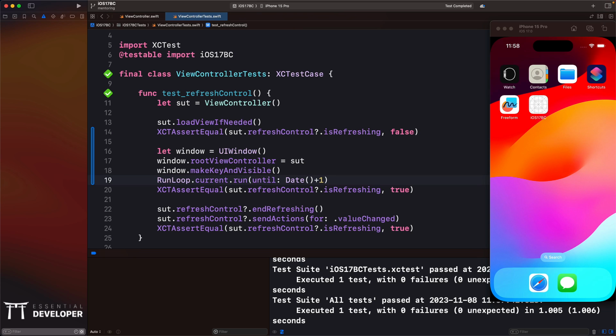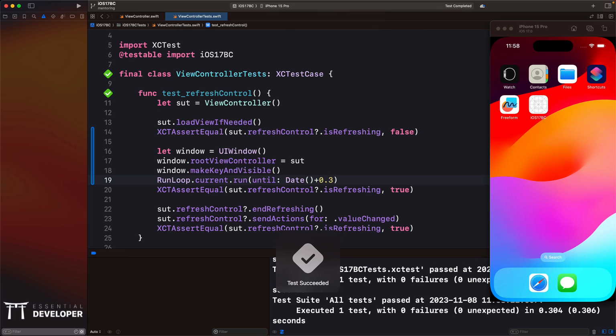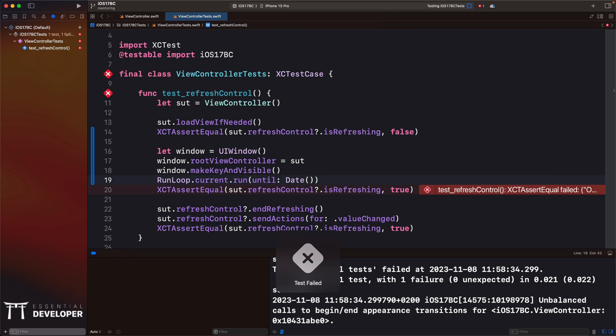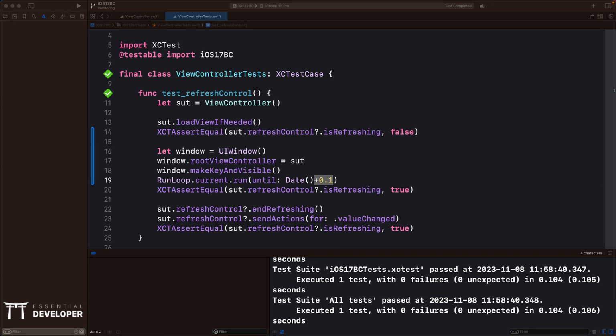Of course, we could try to lower the delay, like 0.3, for example. Is that enough? Yeah, it seems like it. But the problem is that we cannot guarantee that the given delay is always enough. It's dangerous to rely on delays and running things in the future because it may not be enough. So you have flaky tests. Sometimes it passes on your machine but fails on CI occasionally. So we don't want to rely on delays.